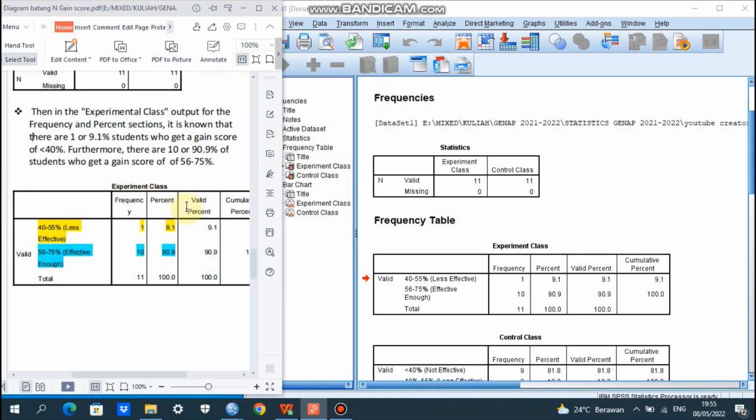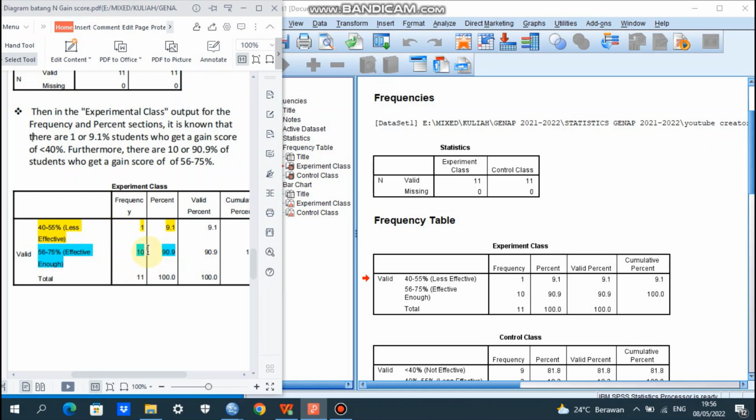For the experiment class, frequency one time, showing the N-gain percentage between 40 until 55%, categorized as less effective. So frequency 1 means 9.1%.